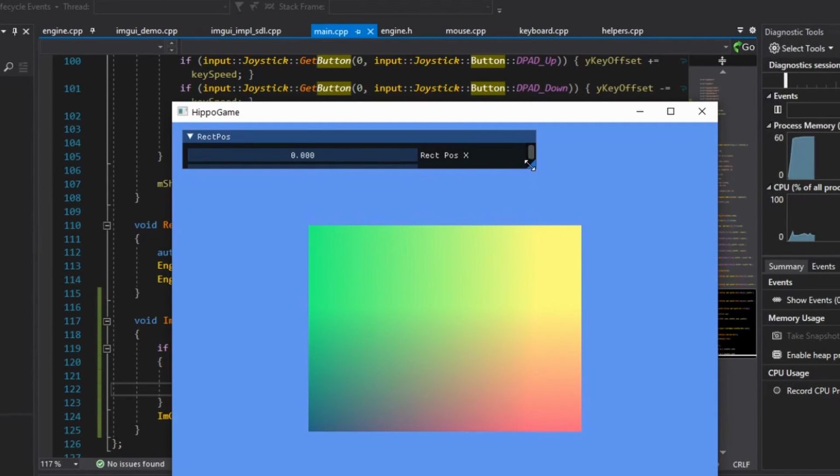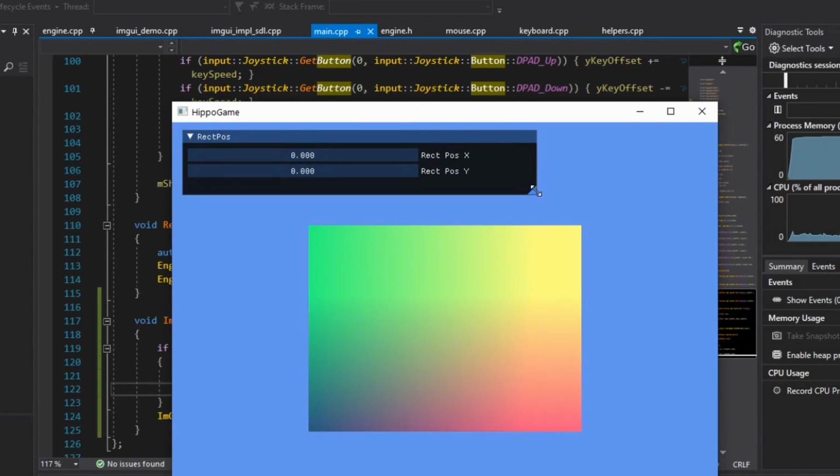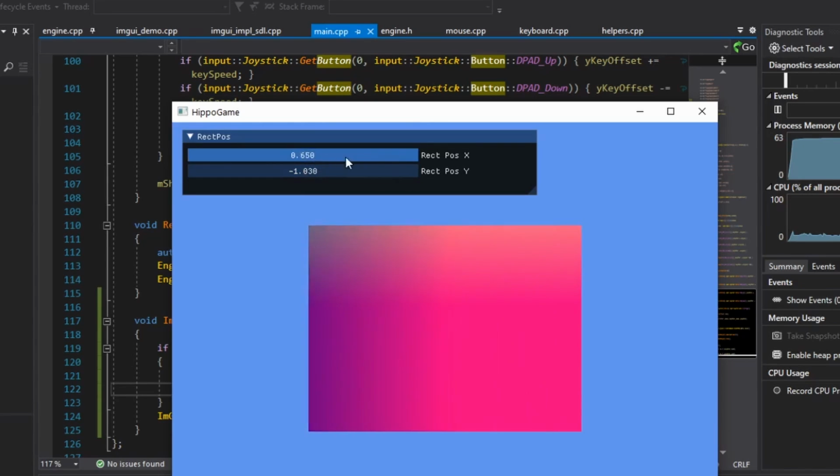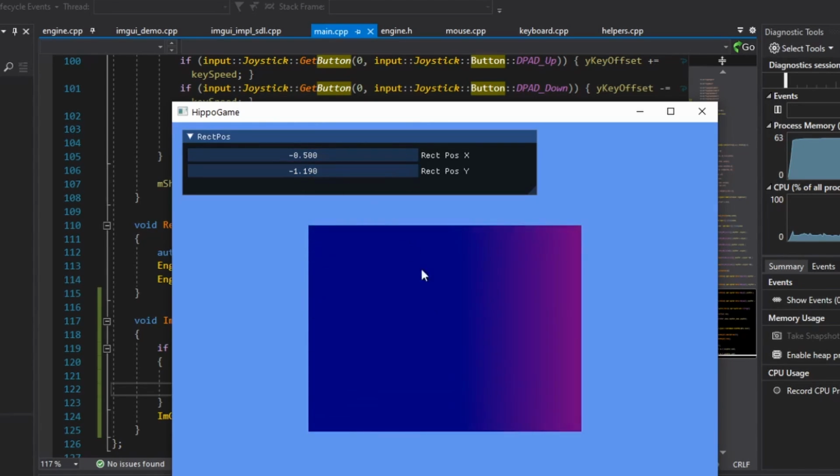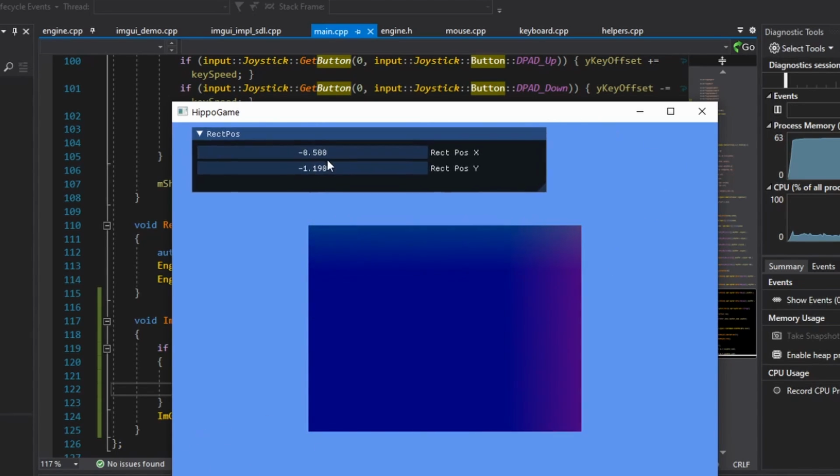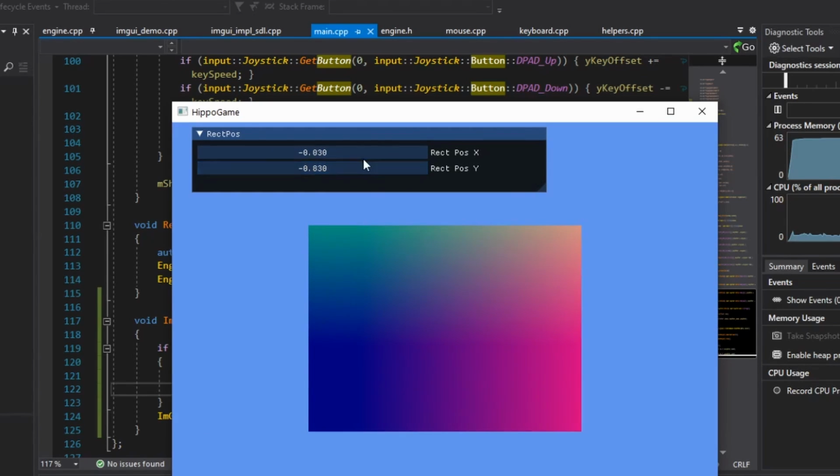Okay, and you can see it again. It's very intuitive. It just knows that I have to be able to scroll now, so I do. And then let's change the X, and let's change the Y. There we go. So now you can see how easy it was to just have something that very easily hooks into our existing